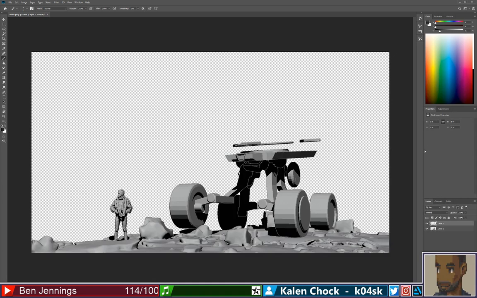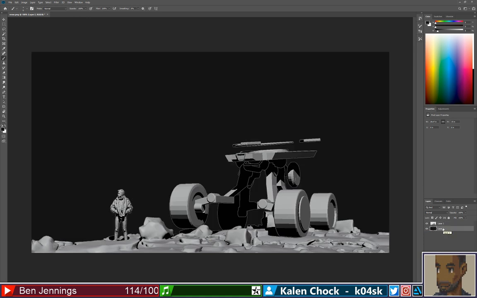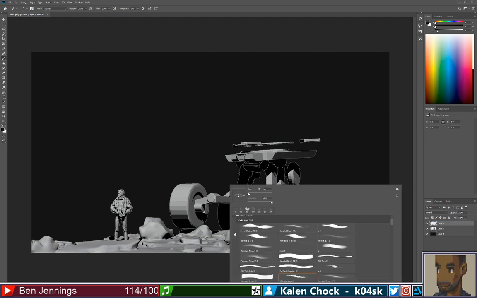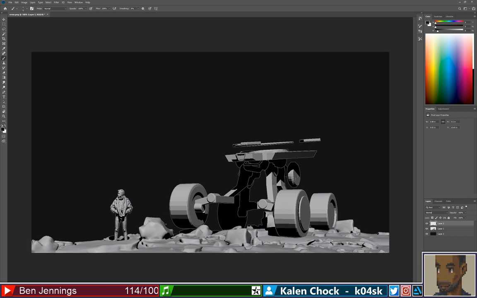Alright, it's go time. So we can go super dark with some of this stuff. So what I want to do is I just want to now put some darker values in here in hopes that it will create some more interesting shapes.